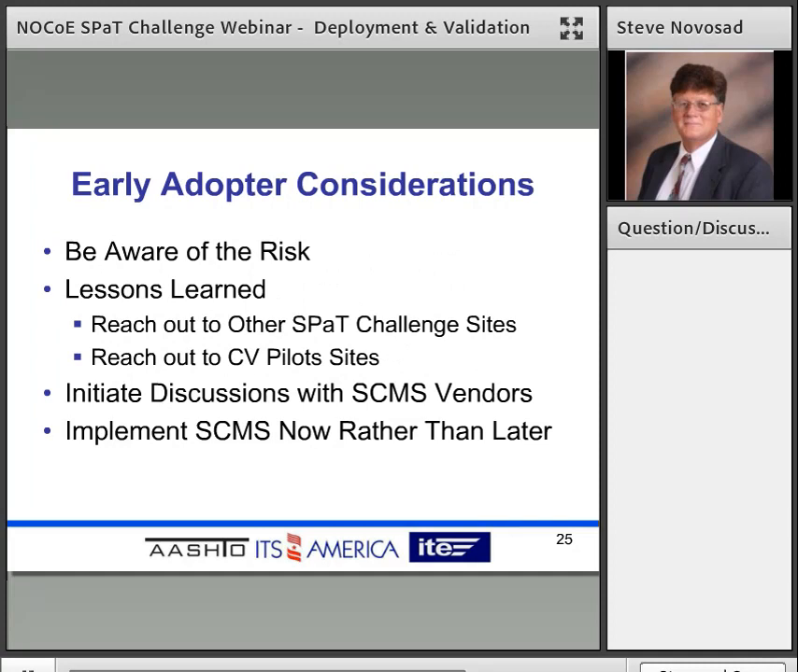And finally, let's just talk about some things that I think are important from an early adopter perspective. One is be aware of the risk. What do I mean by that? Well, here I'm saying the risk of setting up your SPaT challenge without security versus setting it up with security. How much are you really risking there? Is it worth that time to do that, or is it time to go ahead and consider, let's get our security in place? Reach out to the other SPaT challenge sites, see what they're doing, and of course reach out